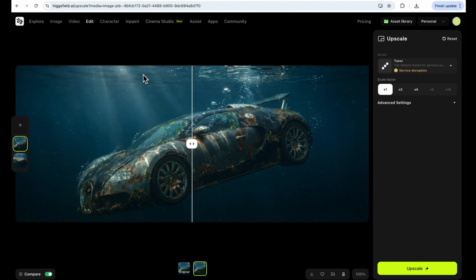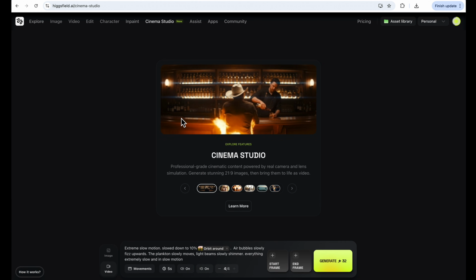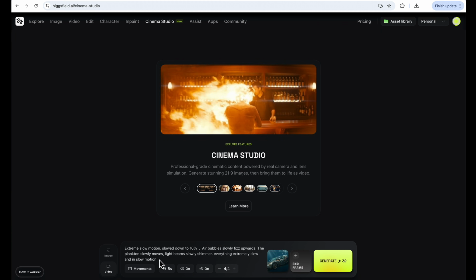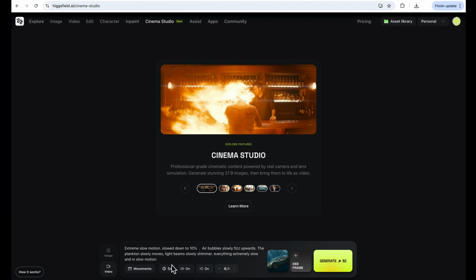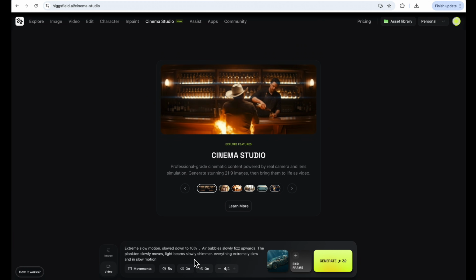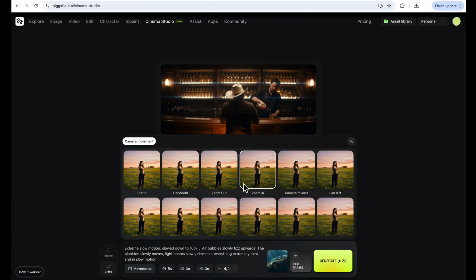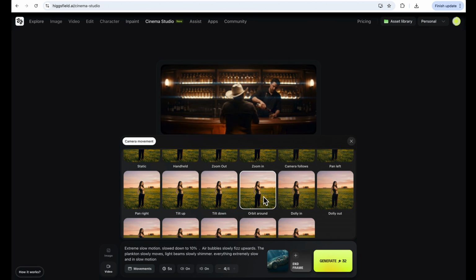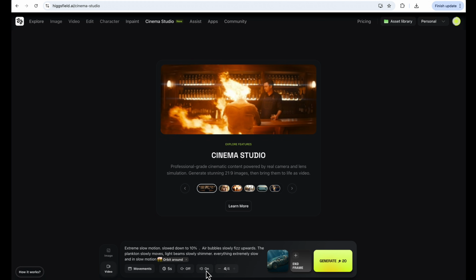Now, if we want to create a video from this image, we go to Video, Cinema Studio Video, and here you can add your generated image to the first frame. And for prompt I used: extreme slow motion, slow down to 10%, air bubbles slowly fizz upwards, the plankton slowly moves, light beams slowly shimmer, everything extremely slow and in slow motion. Now select the camera movement that you want. If you hover over your selection, you will see what it actually does. I'm going for the orbit movement here. Sound off, or you will spend unnecessary credits. Slow motion on, and I'm going to